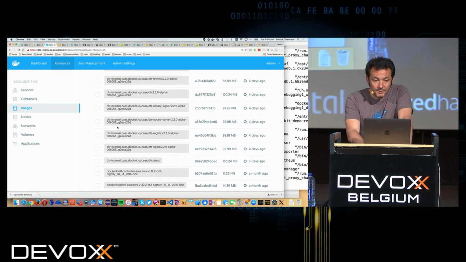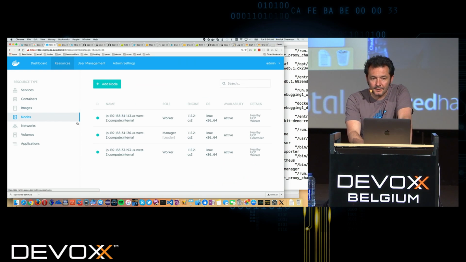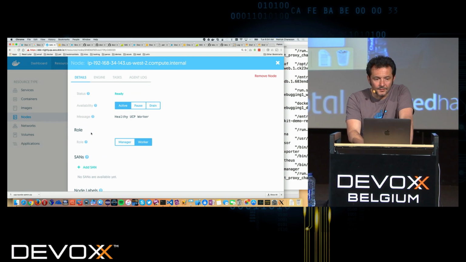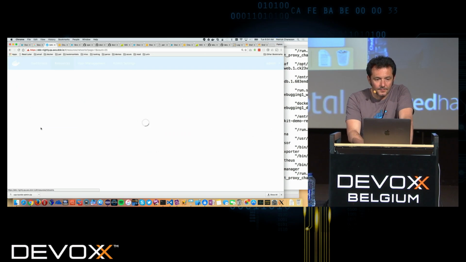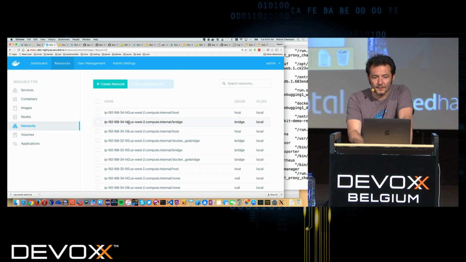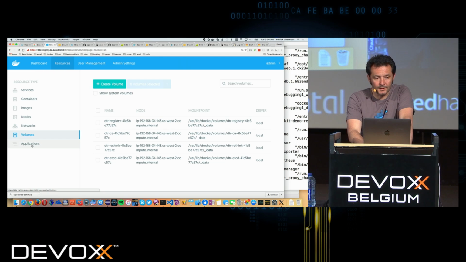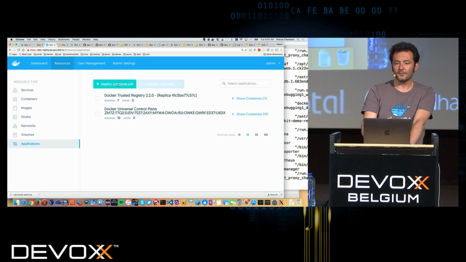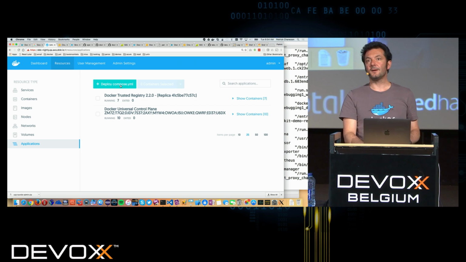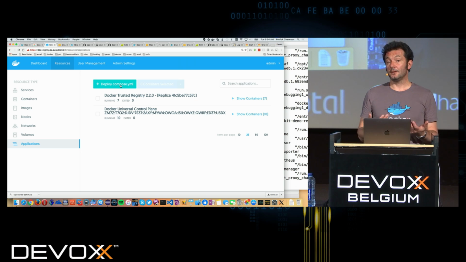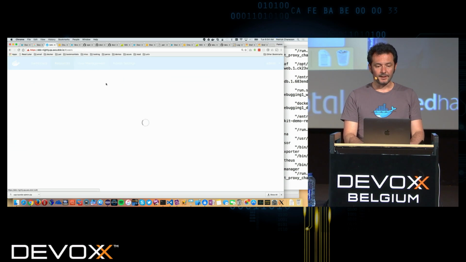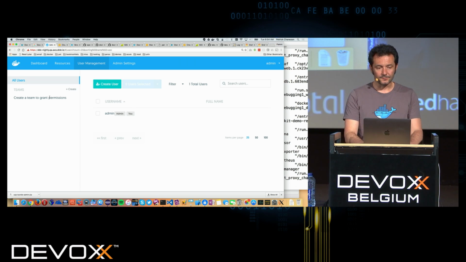Here I can look at all the images that are present in my system. Here I can take a look at the nodes and see whether they're healthy or not, add them. Here I can look at all the networks that have been created with Docker Network Creates. Here I can manage my volumes, and there I can manage my application. And applications, I manage them with either deploying a compose.yaml or from the client, just doing a Docker deploy on a service. But here, what you see is that I'm admin, so I can see everything from everybody.